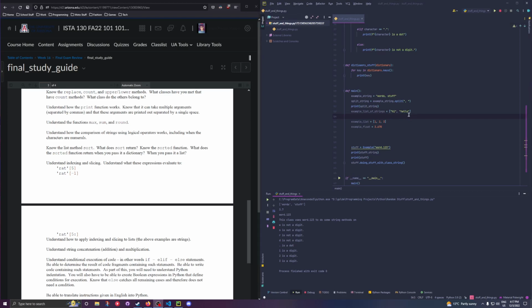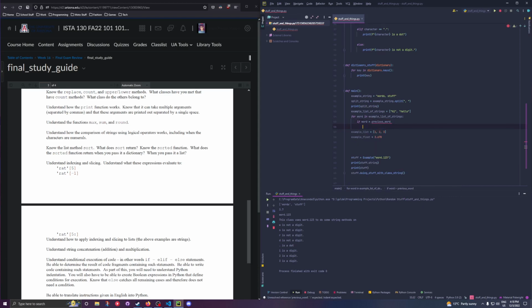Sorry. So then I could just say, for word in example list of strings, then I could say if word is greater than... Of course, I'd probably want to actually use the index, so I'd probably want to traverse by index. But you could say if word is greater than the previous word, for example, if you're traversing by index, then I want to make a string that's equal to that. So I could say if word is greater than previous word,